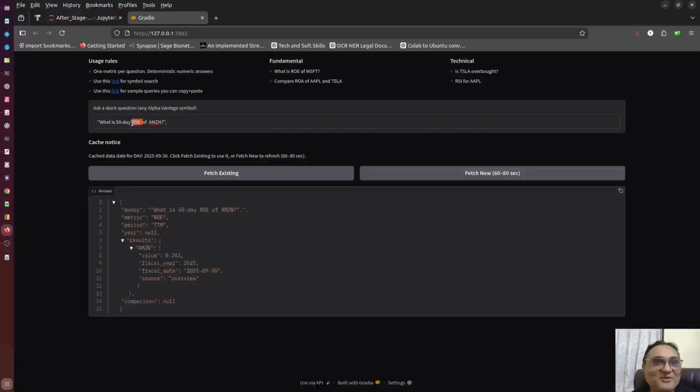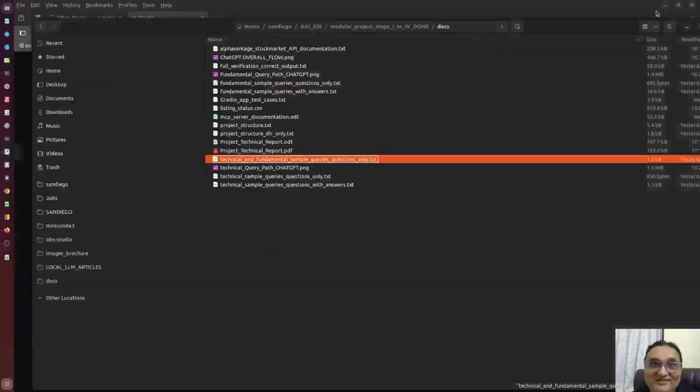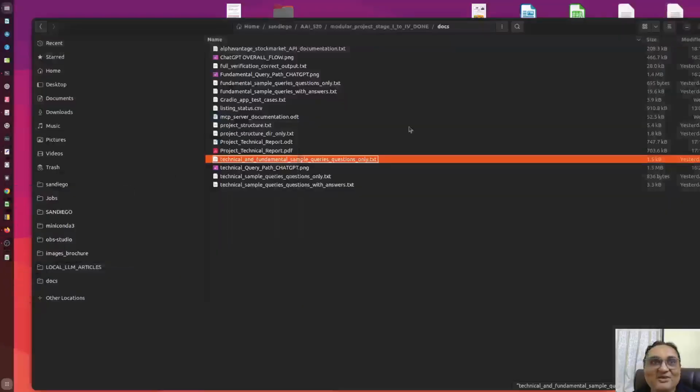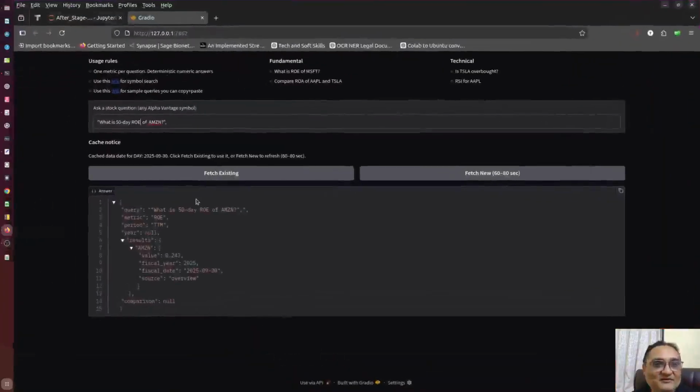What mistake we were doing here: you can see that "50-day ROE" of Amazon is wrong, because if we see our list, ROE is for fundamental while 50-day was for technical. But somehow it still fetched, which is a great thing, because Amazon was a known symbol, that's why it could fetch its ROE. Okay, and of course it ultimately fetched fundamental only, and therefore it is slightly older data, 39